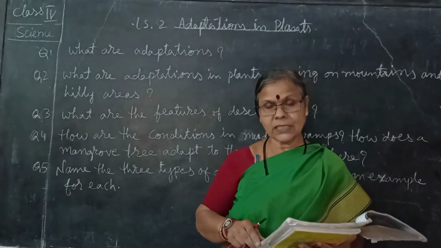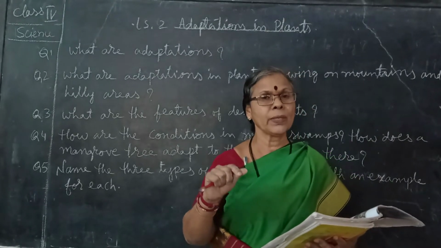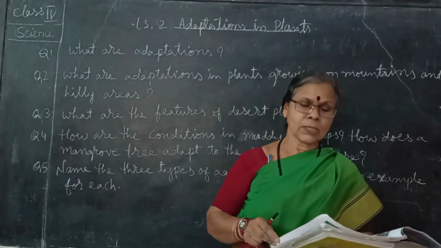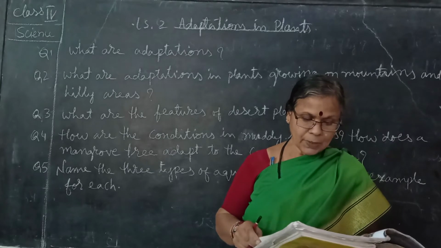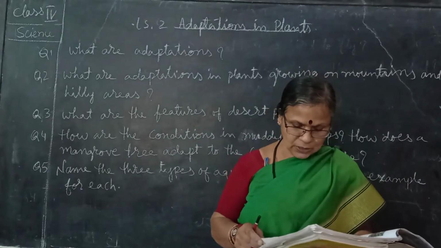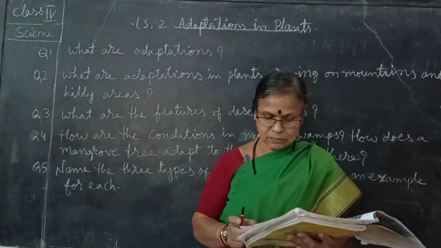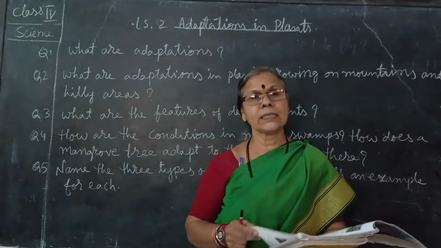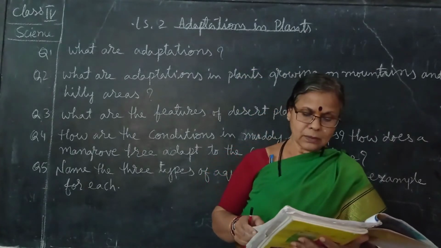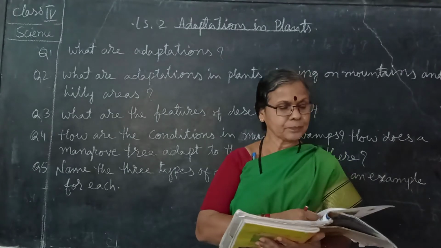So cactus, date and palm. You can see the cactus which is given. The opuntia also I drew when I was explaining this lesson. Must be remembering that also. And plants in areas of high rainfall, that also. Wheat, rice, rubber, teak. These are the plants growing in the high rainfall areas.